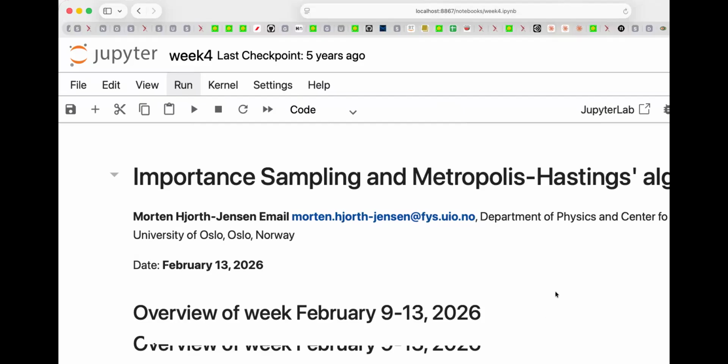So welcome back, everybody. The topic today is, first, we're going to have a quick review of what we did last week. But then what I wanted to do is give you some of the mathematical details behind importance sampling. Now, the importance sampling part involves a lot of mathematics about transport theory, diffusion